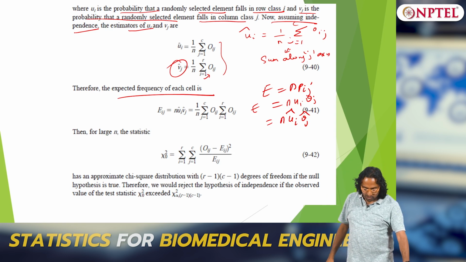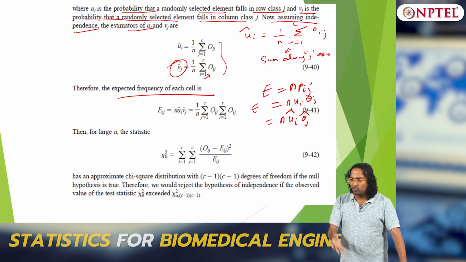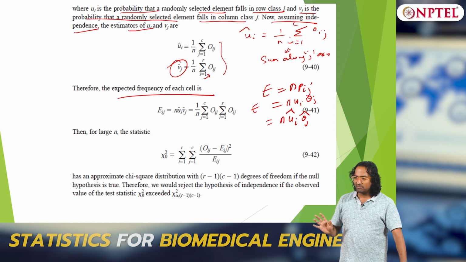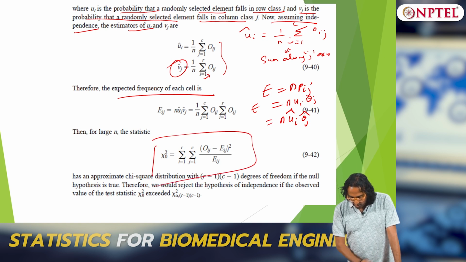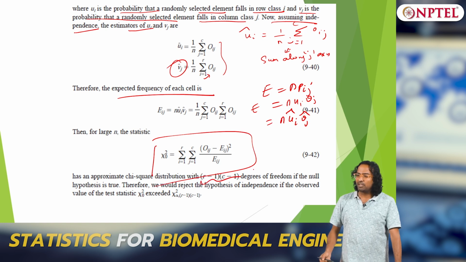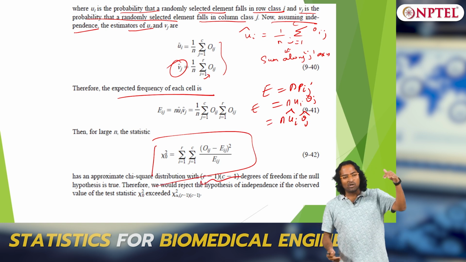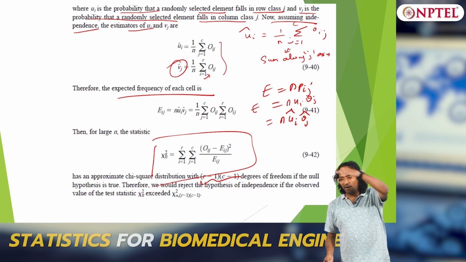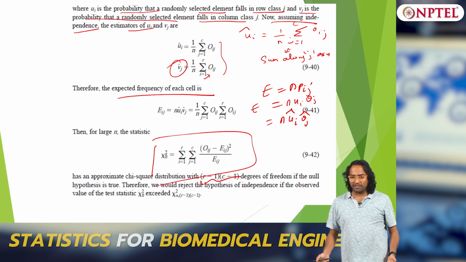Now if you go back to this problem, once I have the observed and the expectation, I am going to do the chi-square test, that is all I am going to do, summing along both the axes. It is 2 dimensional, so I will sum along both the axes, and instead of n minus 1 degrees of freedom, I will have r minus 1 into c minus 1 degrees of freedom.